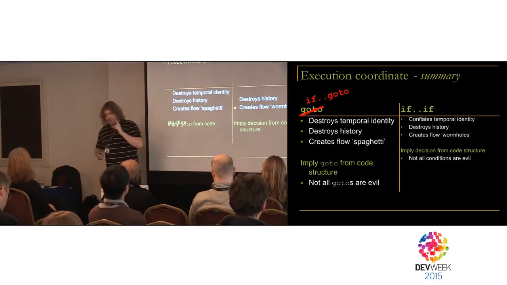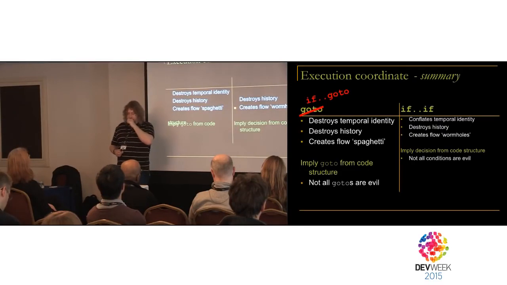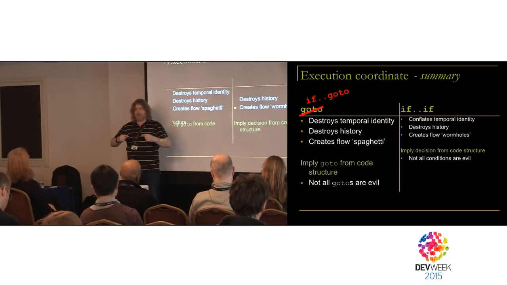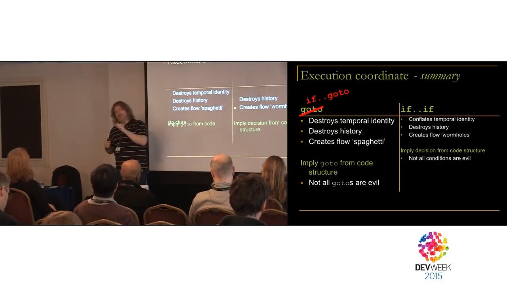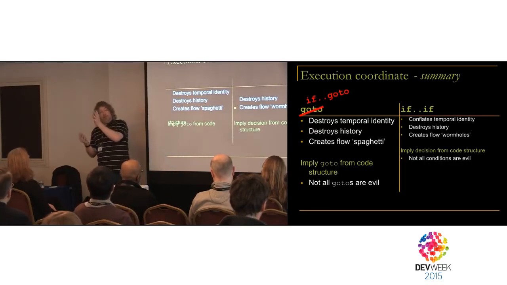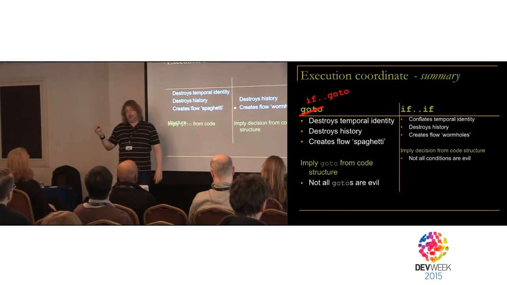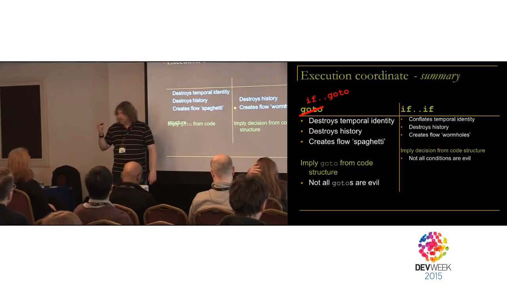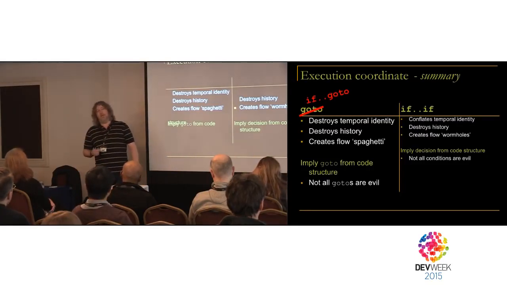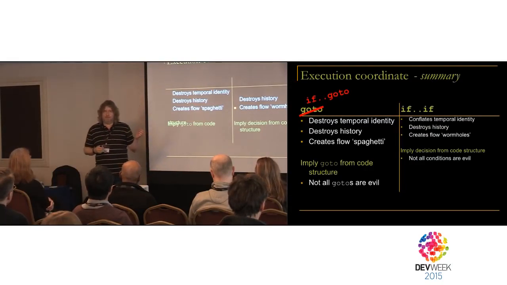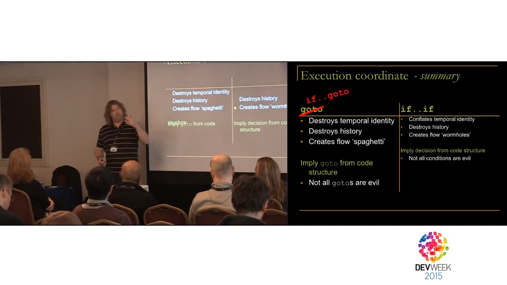But look at this. Go to, in and of itself, doesn't destroy structure. Go to does one of two things. It either permutes the order of the lines you're executing, but doesn't necessarily destroy the temporal identity. It might scramble it a bit, but it doesn't destroy it. Or it creates a loop, and we know how to handle a loop. So go-to in itself isn't the bad guy. The problem comes about when you have a go-to connected to an if. Because then, sometimes you branch and sometimes you don't.